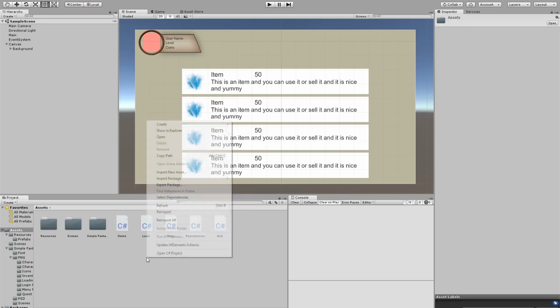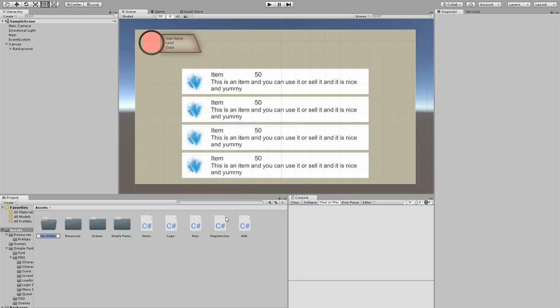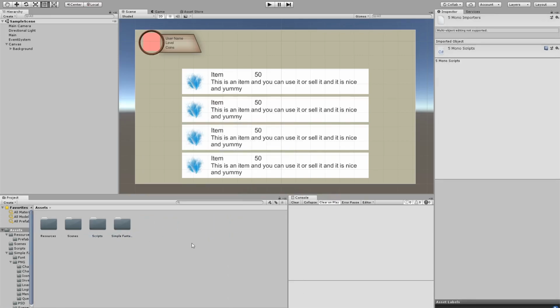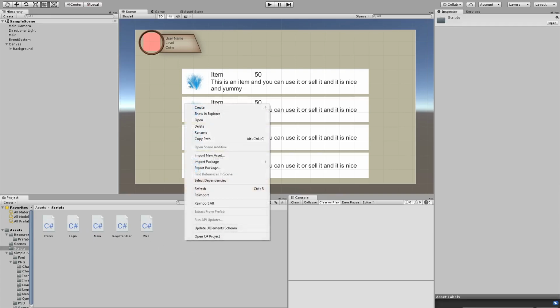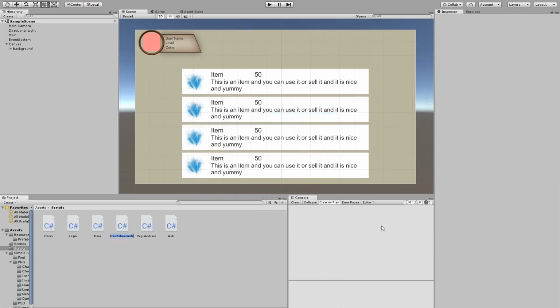I think I need to make a folder for our scripts. So just let's call it scripts. And then I will keep creating more folders later. So here, let's create a new C# script. It's going to be called, or no, I think we were doing it all inside the web